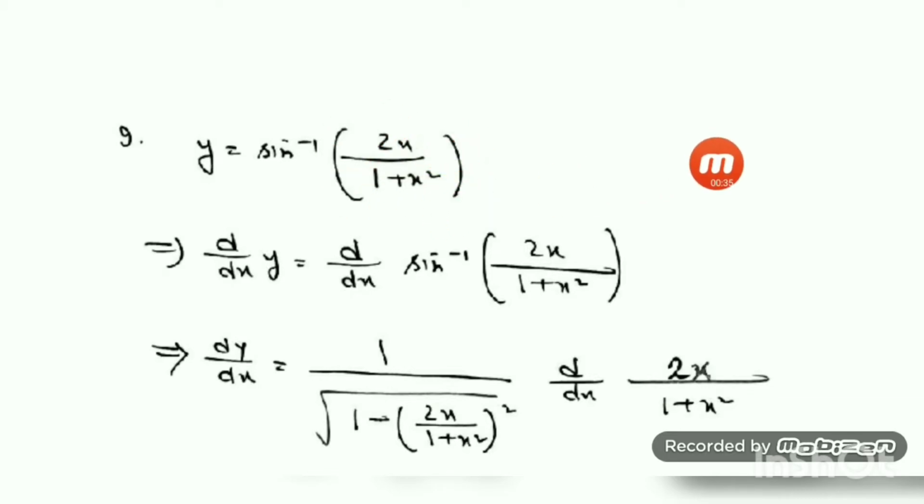So here you see, when you want to take the derivative with respect to x, let us write down like this: d/dx of y equal to d/dx of this expression. Okay, now you have to know what formula you have to use here. If you think twice x divided by 1 plus x square as x, then you can use the formula d/dx of sine inverse of x. So we first suppose that this is equal to x, and then apply the formula for sine inverse of x. What is your formula? Hope you remember.